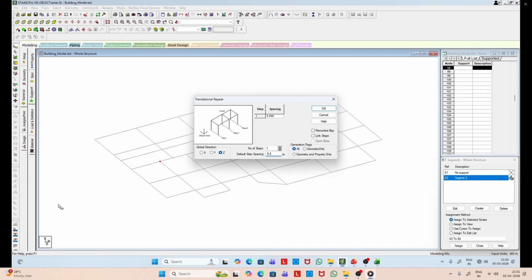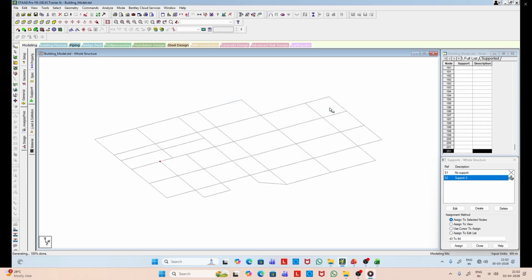Now this is copied in the negative z direction. So you can see the point created.